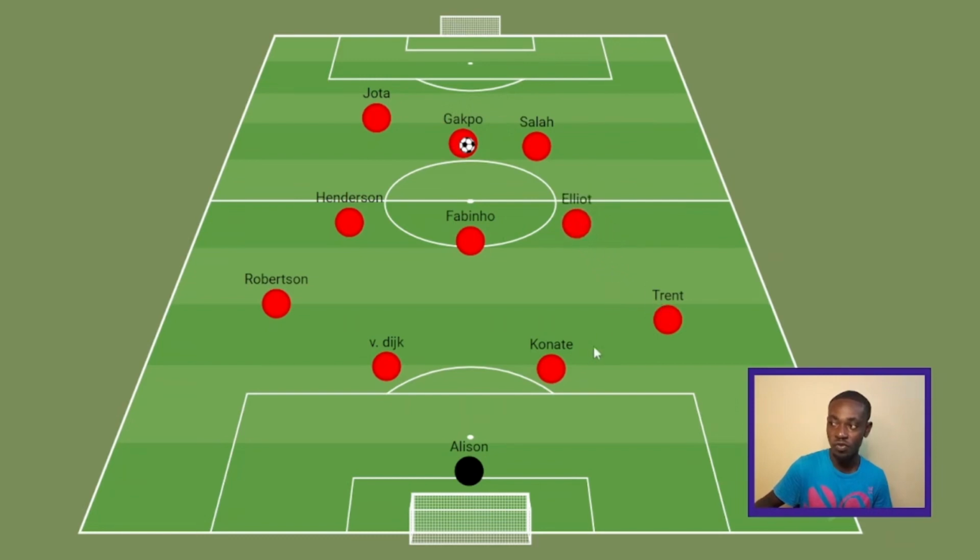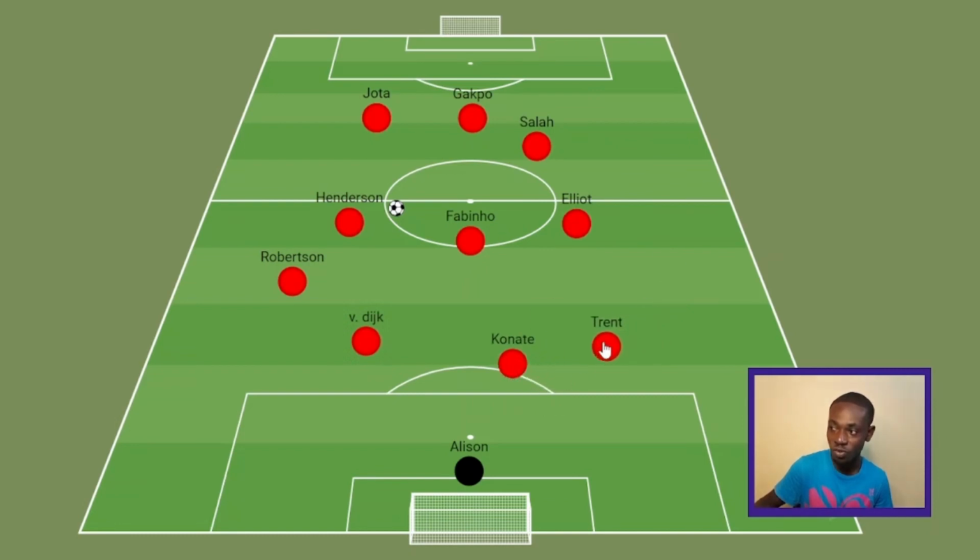And most of the times too, when the ball is coming to them, let's say the ball is at this side, Trent, when the ball is here, definitely Robertson will try to get closer to the ball a little. Van Dijk will move, Konate will move, Trent moves here, Harvey Elliott will still either be running back from this side